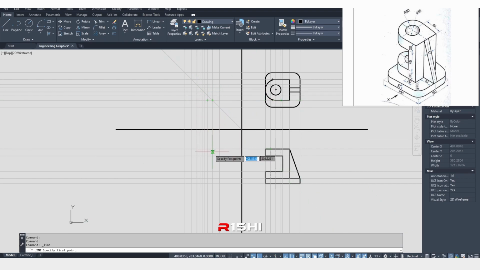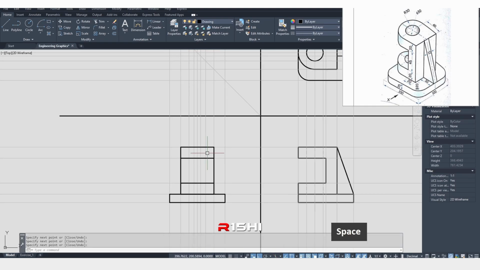So yeah, here and yeah, this one, this comes for here like this. Great. Correct. Okay, so we have drawn